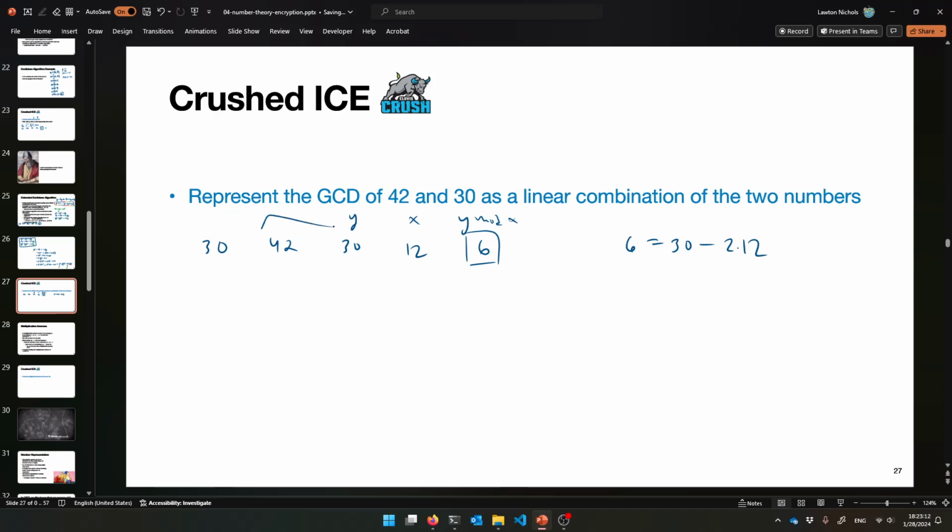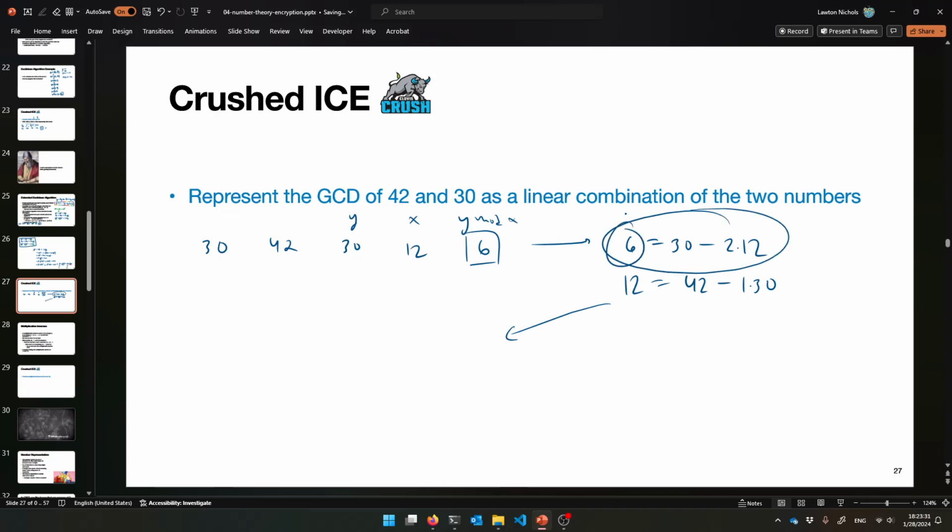And then I'll do the same for this equation. 12 is equal to, so we got 42 mod 30 equals 12. It's equal to 42 minus, well, 1 times 30, right? It's just 1 times 30. And so these two equations, we went from this to these two equations, and now we're going to go working